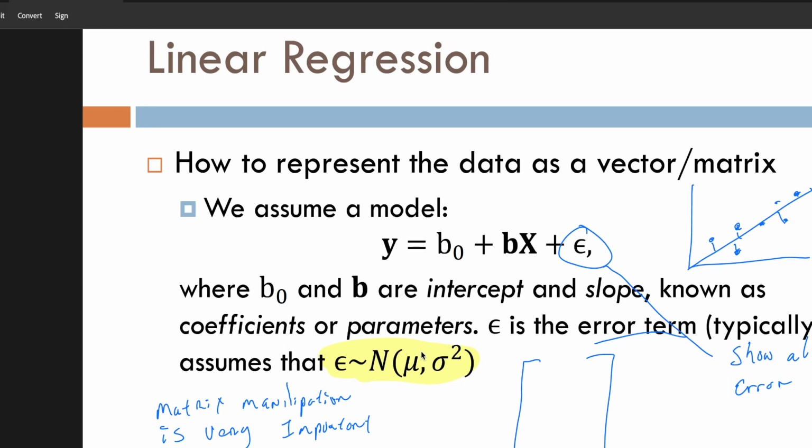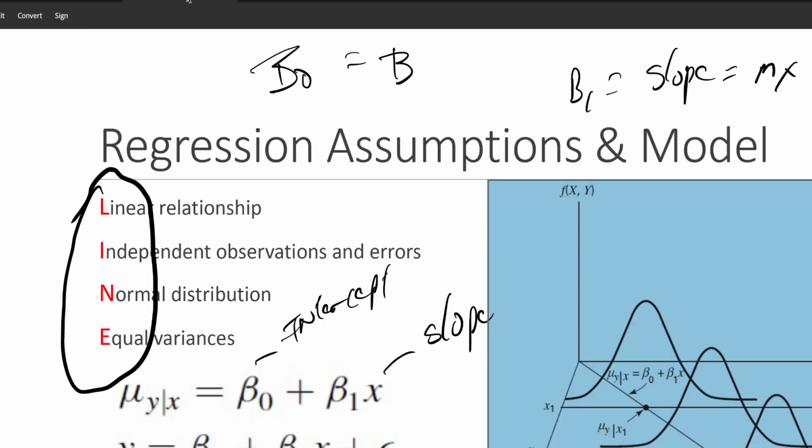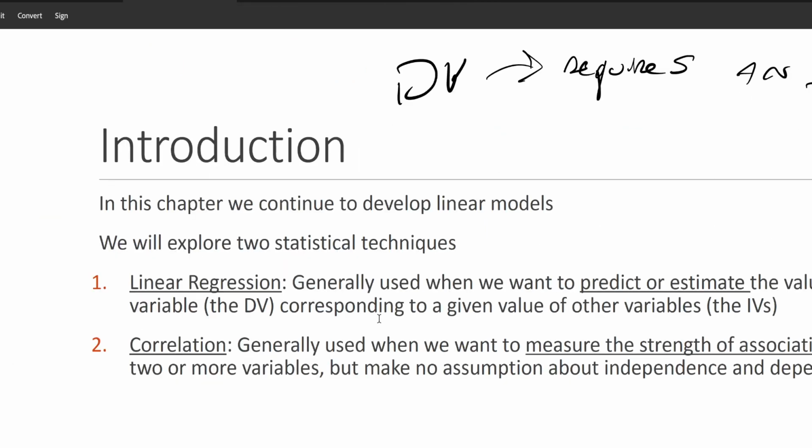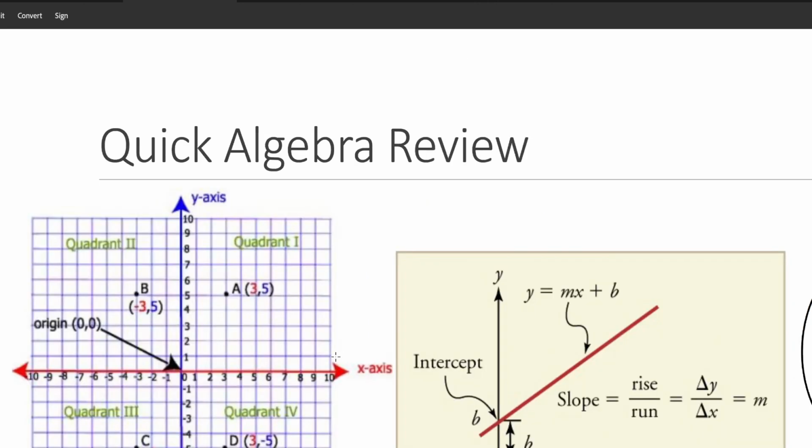I know UNLV, I think in the statistics class, teaches a class, or maybe it's public health, on linear regression. This is a note from a professor called Chad Cross. He's got some great stuff on linear regressions. I mean, you see that we're getting into the math on linear regression instantly.